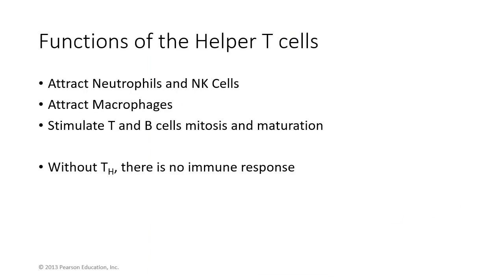So the T helper cells, their function cannot be overstated, because they draw in the other arms of the immune system. They can attract your neutrophils, they can attract natural killer cells, they can attract macrophages, they can stimulate B and T cells to undergo mitosis and mature and join in this fight against the foreign pathogens. Without the T helper, there is no immune response. Very important, because if you knock out the general, the army will not respond. So without T helpers' ability to join into this fight and recruit everybody else in, you're not going to have an adequate